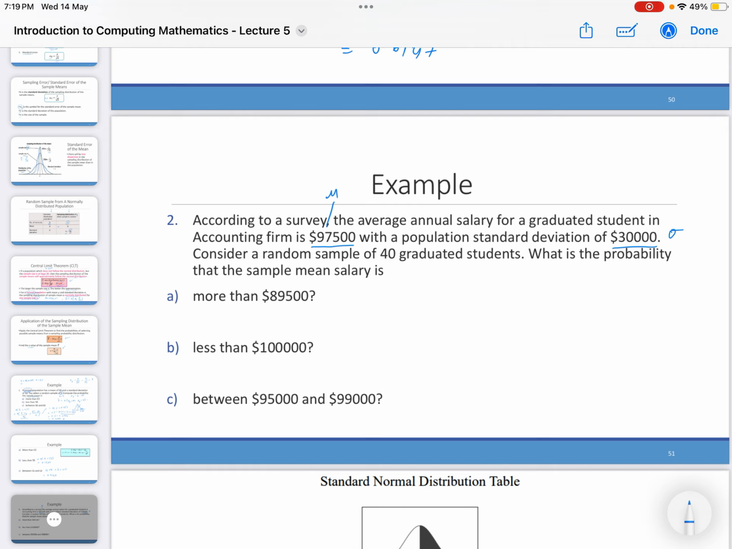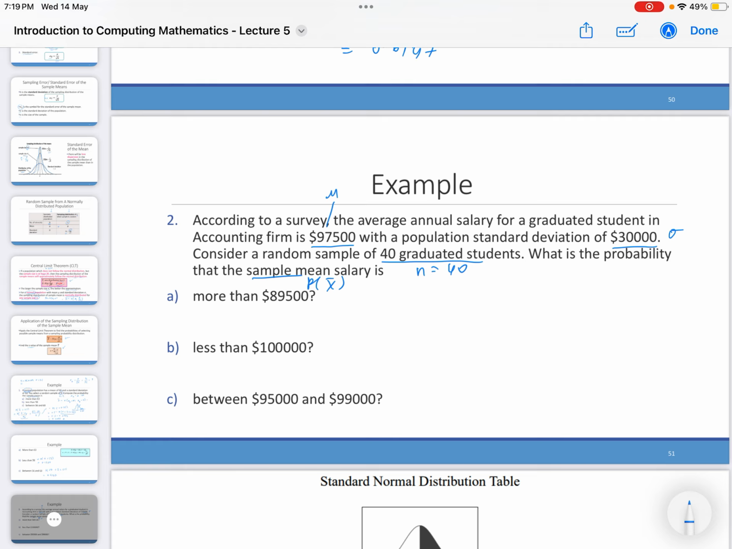From the question, it did not state the population distribution, so we don't know whether it's normal or not. Then consider a random sample of 40 graduated students, so we have n equals 40. Instead of looking at the whole population, we only look at the sample of 40 students. What is the probability that the sample mean, x bar,